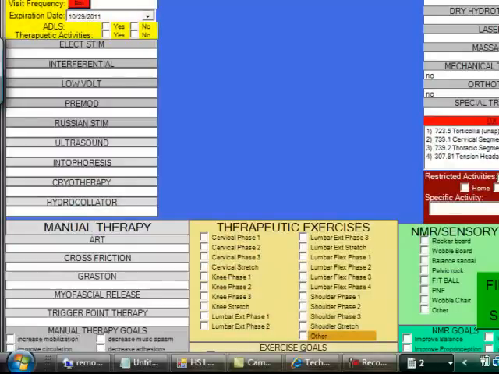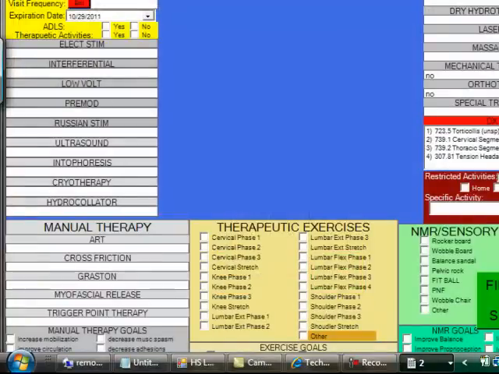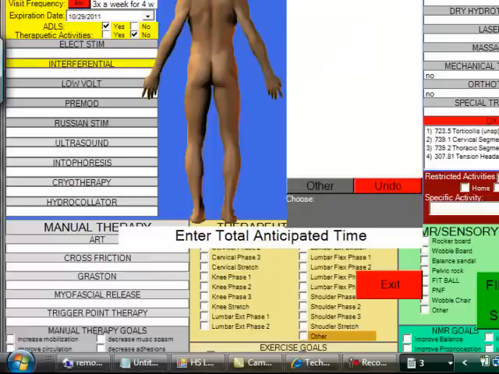And we're going to say he's symptomatic. Estimated number of visits are 12. Visit frequency is maybe 3 times a week for 4 weeks. Expiration date is always automatically 1 month from the day you create it. We're going to do some ADLs. Maybe we're going to teach him how to fly better, but we're not going to do any therapeutic activities. Perhaps we're going to do some interferential